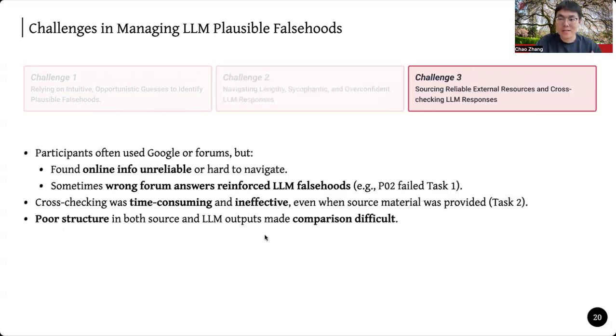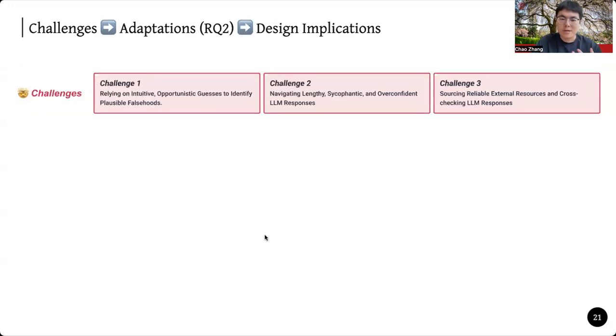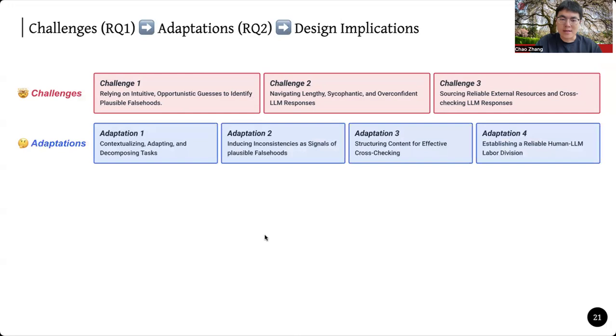Finally, fact-checking outside the LLM wasn't easy either. Most users turn to search engines, but they often find online content just as unreliable. Even when we provided source material, the lack of structure in both the article and the LLM outputs made cross-checking tedious and ineffective. To address these challenges, students adapted in several ways, such as inducing inconsistencies from their responses and